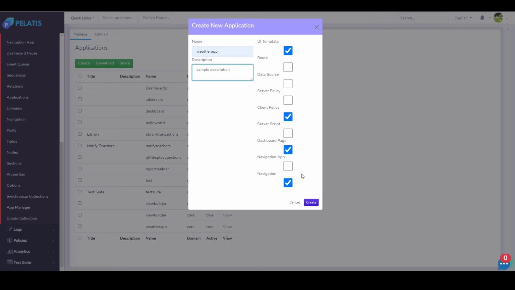You don't need to create individual files, HTML, JavaScript. And to fetch the data from the third party weather API, we'll be creating a route, and I'll be showing that creation of that route in a different video itself, because creating a route is a lot in itself. You have to configure a lot of things to create a route. So I'll be creating a separate video for that, and let's just click on create now. I will not be clicking on create because I have already created this application. I was just showing you how you can do that by yourself.